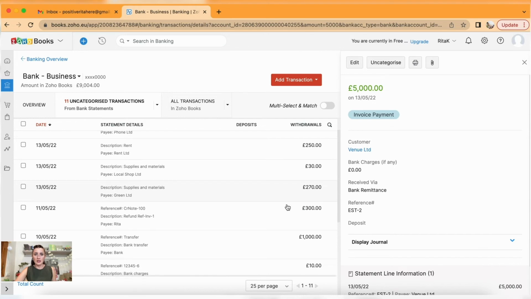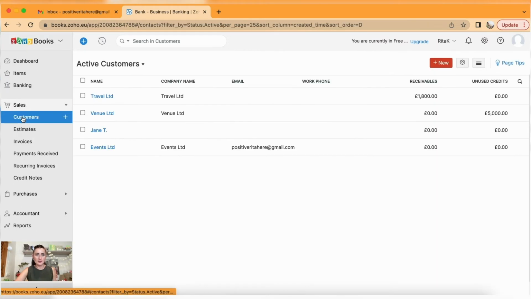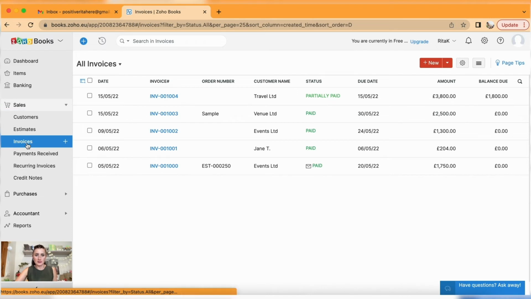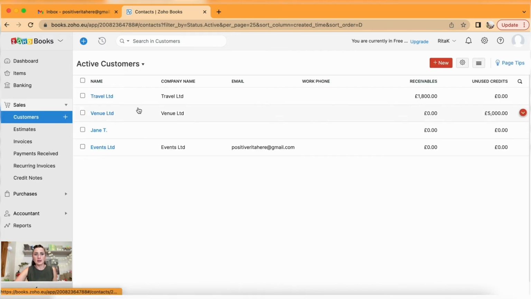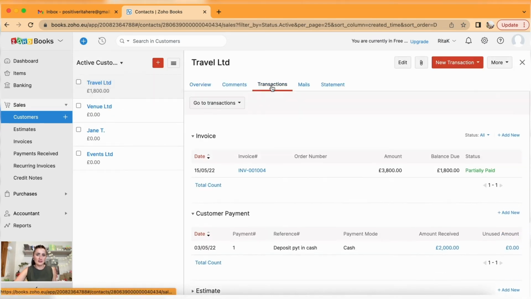Okay, so this is the way how I can match bank with customers. So when I go back to my sales and customers, let's go to invoices first, I can see that the majority of invoices are paid, and Travel Limited has partially paid because they paid 2,000 and still 1,800 they need to pay to me. Okay, when I click on customers and I click on travel, I can go under transactions,